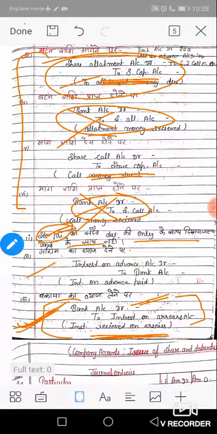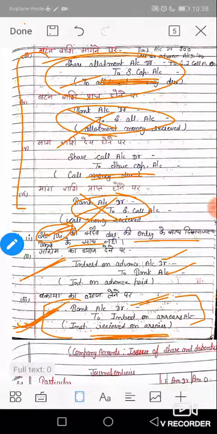Or if a particular holder deposits the amount in advance, then the company pays interest to him, and it is the company's expense. The journal entry is Interest on advance account DR to Bank. If the company pays interest, then it is an expense, Interest account DR to Bank. And when the company receives interest from the holder, it is the company's income, so Bank account DR to Interest on arrears. In case of arrears, the company receives interest from the holder, or in case of advance, the company pays interest to the holder.